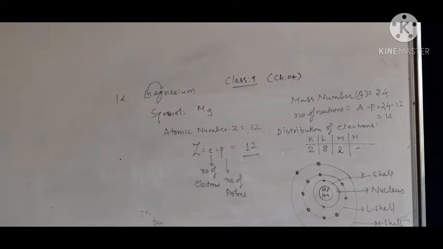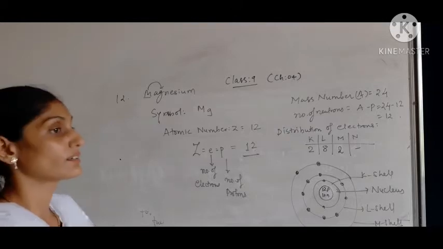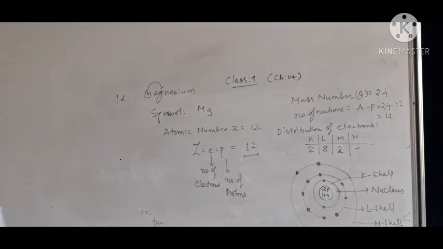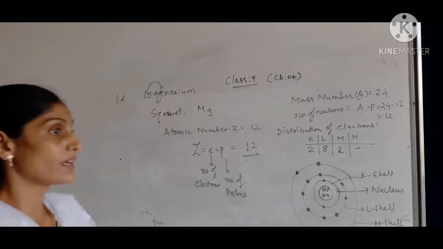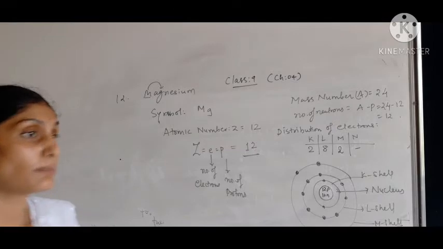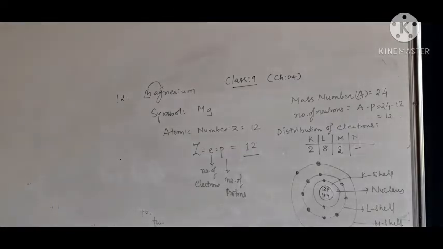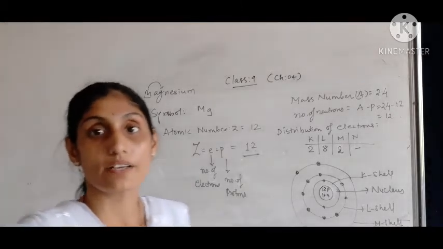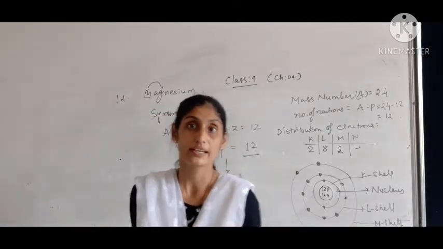Magnesium is the 12th element, a metal having metallic character, and is there in the form of a ribbon. It burns with a white dazzling light whenever we burn that ribbon in the presence of oxygen. It produces a white dazzling light, so it's always advisable to wear spectacles whenever we are burning it.